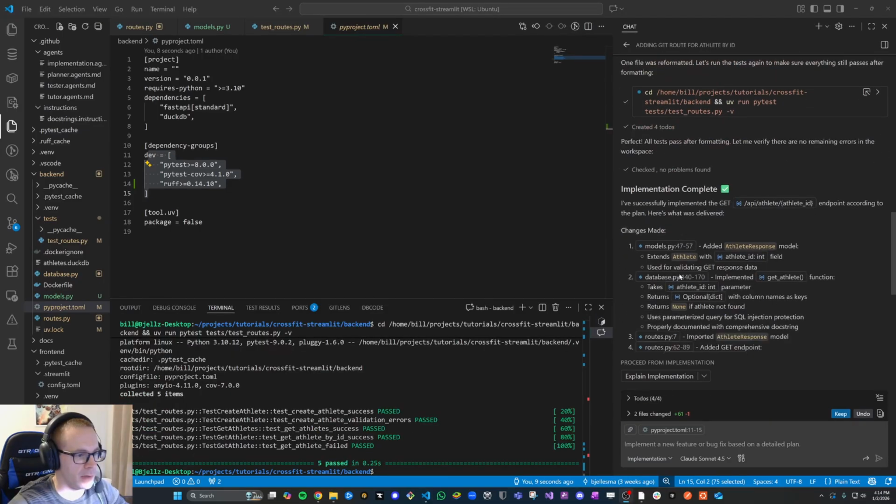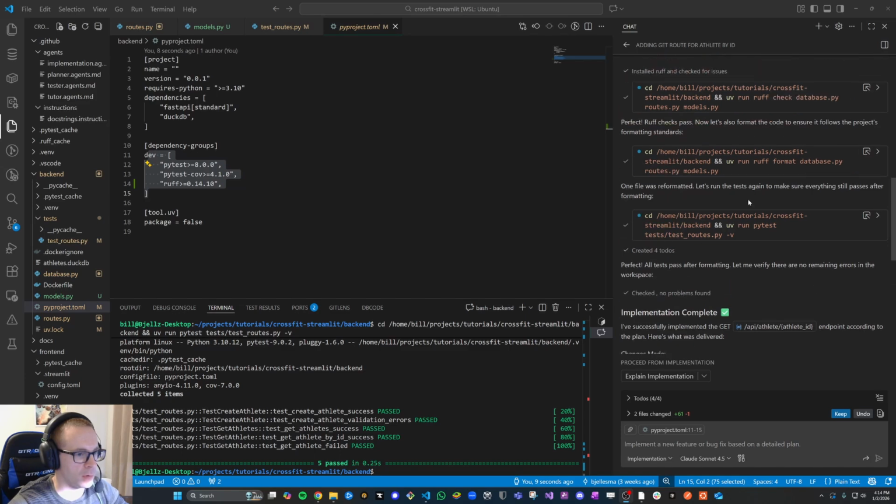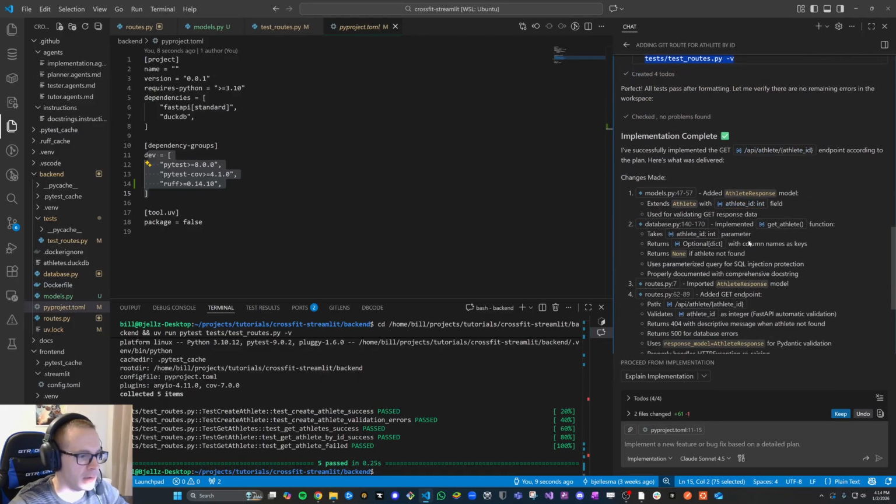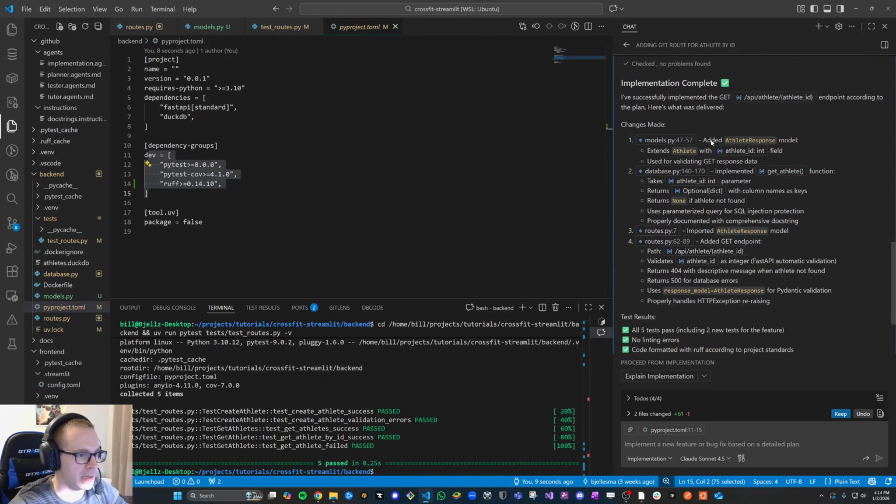Once we installed ruff, then it prompted us a couple more times. It did end up formatting a file with ruff, so it wanted to run the test again right after that, just in case, which is probably a little overcautious, but still fine to have. So the implementation is complete. It gives us a little summary of what was done, which we went through. It has the new model in it, and now the new route and everything. So we can go ahead and have it